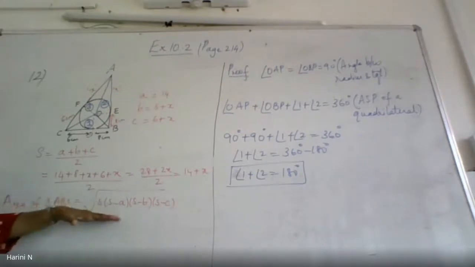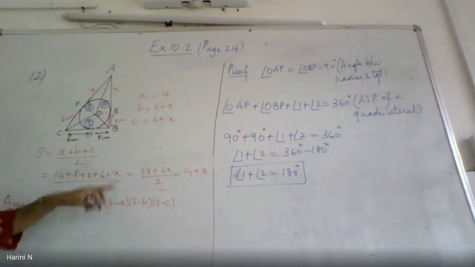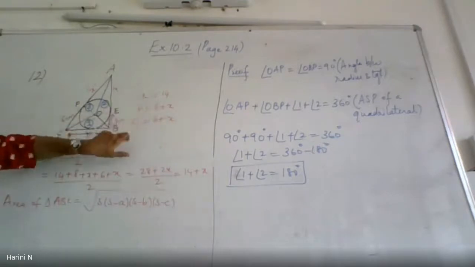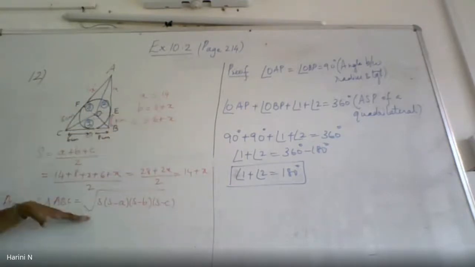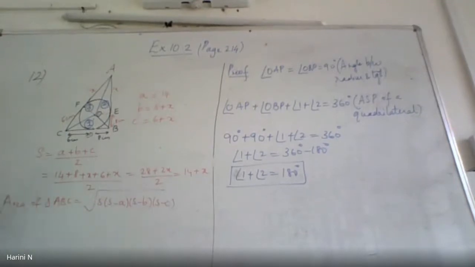Triangle ABC is in the figure. You will not get a number, you will get a value in x because all your s will be in terms of x. And your a, b and c are also in terms of x. So you will get the right hand side as some x. This left hand side, that is area of triangle ABC, it will come from Heron's formula.